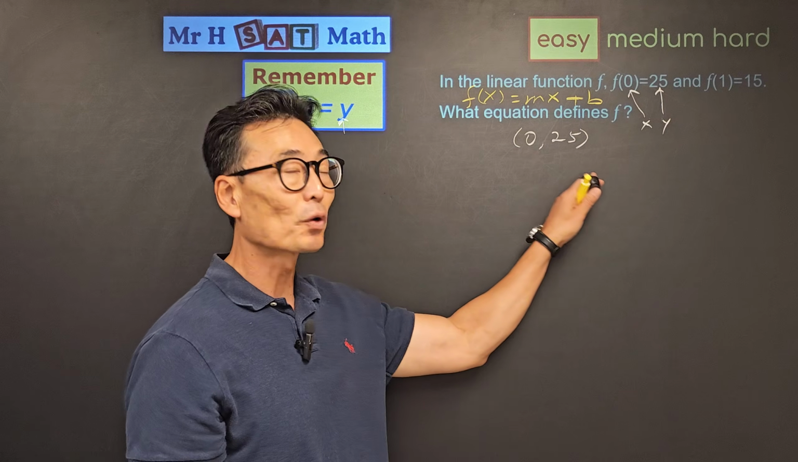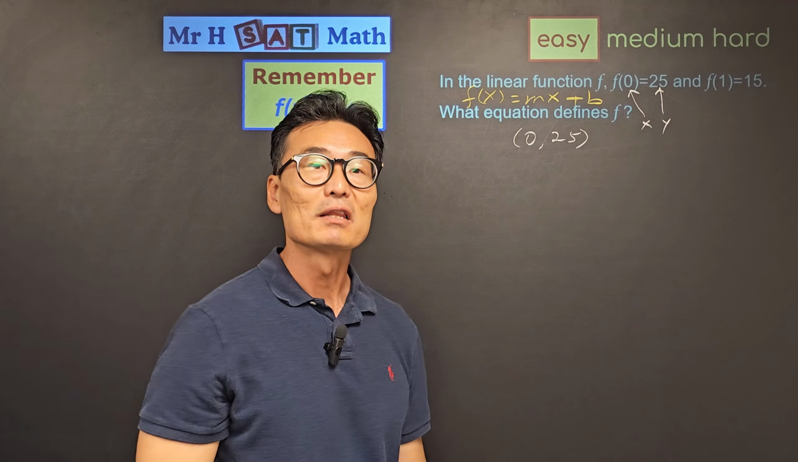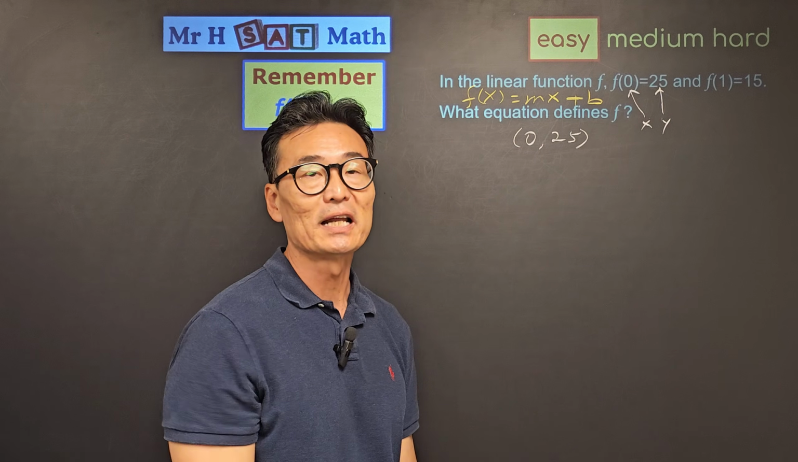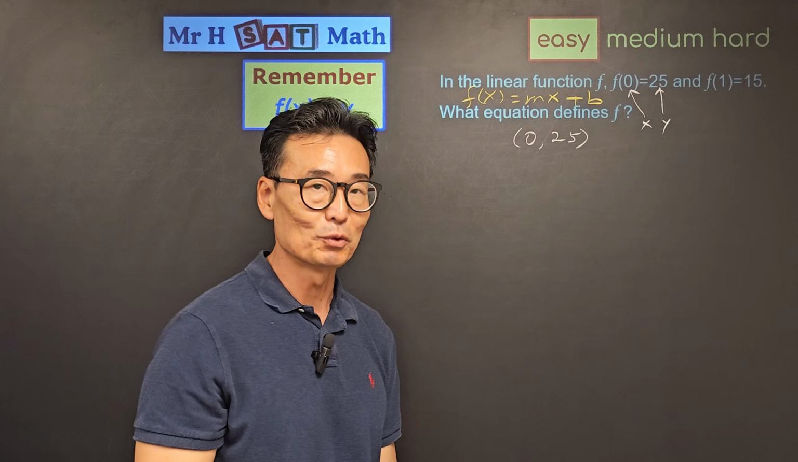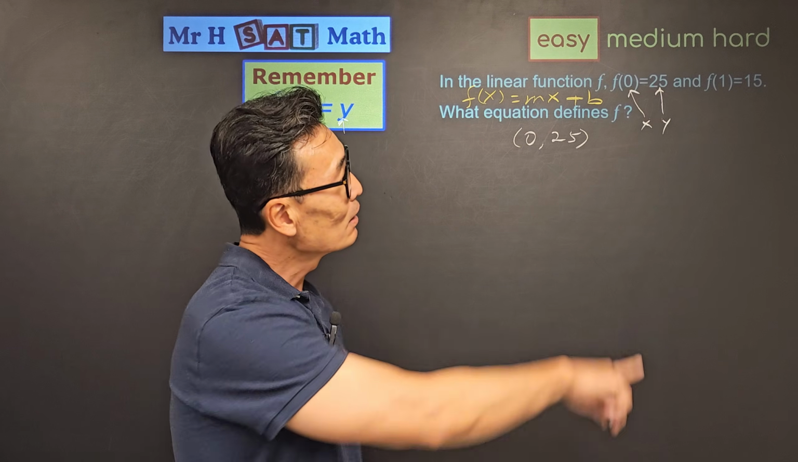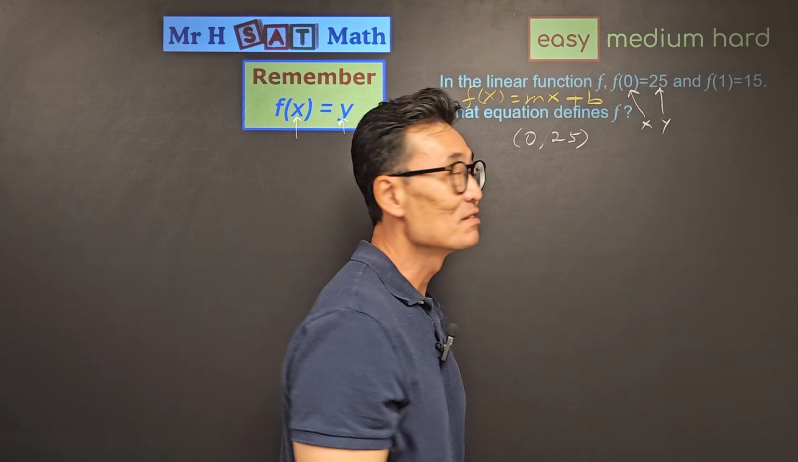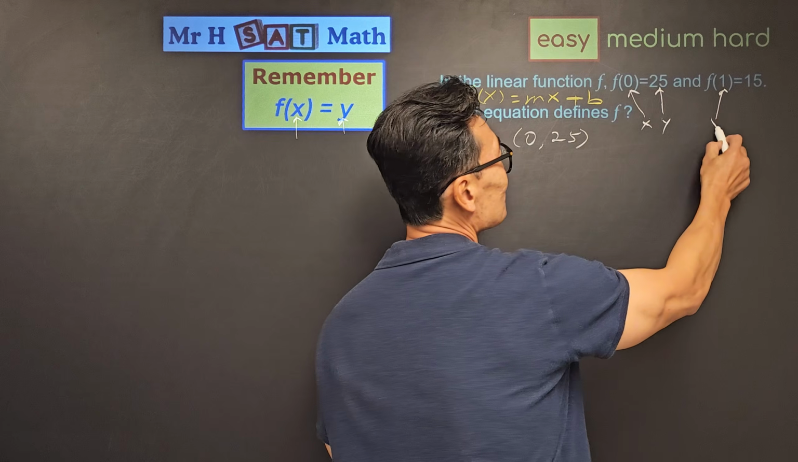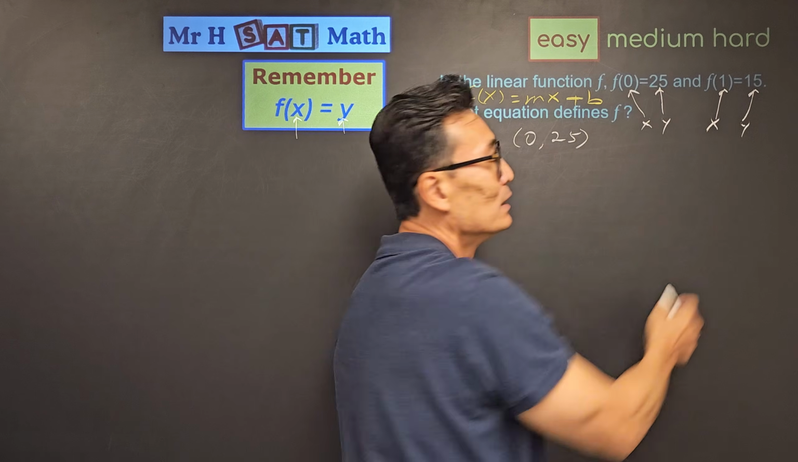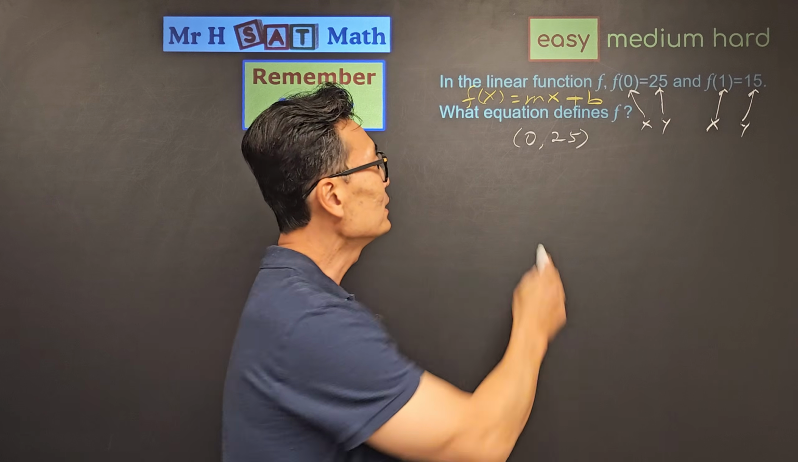Why don't they just say 0 comma 25? Well, they want to make the question more difficult than it has to be so that it would be an SAT math question. On the right side, same thing. F of 1, that's how you read it, f parentheses 1, is where 1 is the x and the 15 is the y. So we have a point,